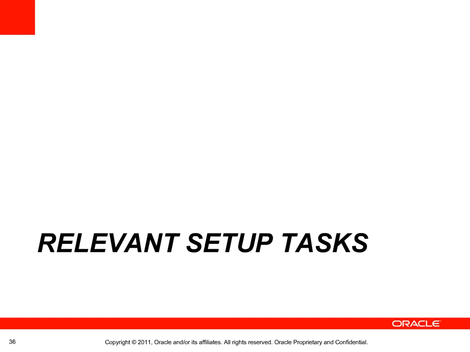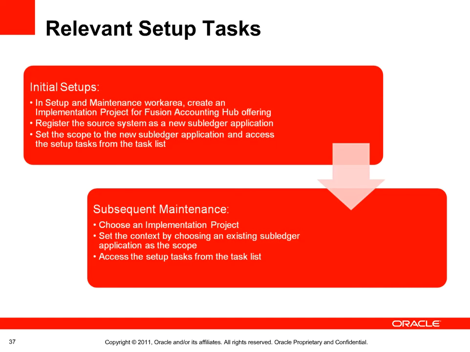Relevant setup tasks. The setup and maintenance work area enables configuring applications to match business needs. The prepackaged sequential task list guides you in performing the required steps. When configuring accounting transformation within the Oracle Fusion Accounting Hub, you will initially create an implementation project for the Oracle